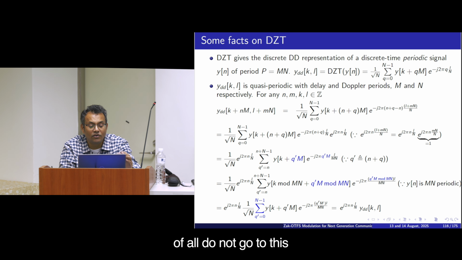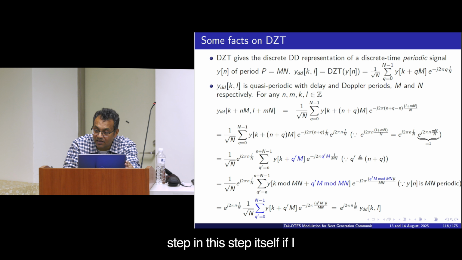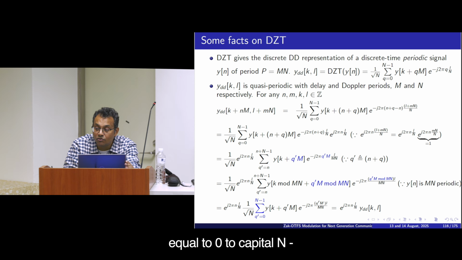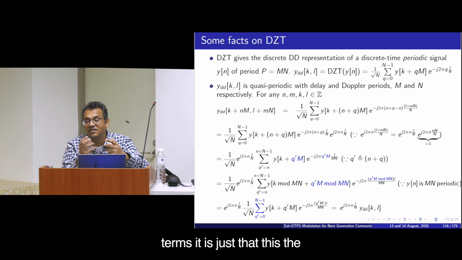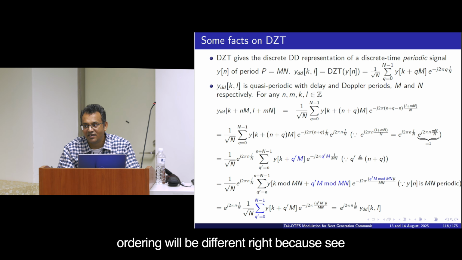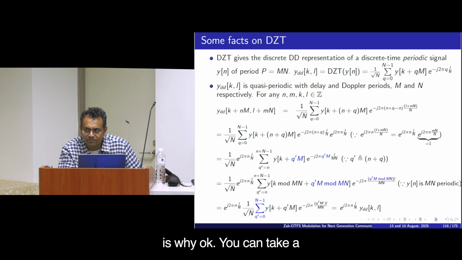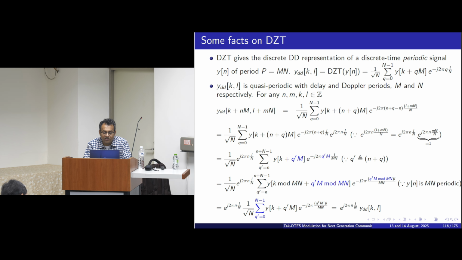I mean, first of all, do not go to this step. In this step itself, if I change the summation limits from q prime equal to 0 to capital N minus 1, I will still get the same terms. It is just that the ordering will be different, because you see that it depends only on this modulo Mn value, that is why, okay. You can take a small example and write it down and check it for yourself, okay. So, in this summation itself I can write that this is from q prime equal to 0 to N minus 1,